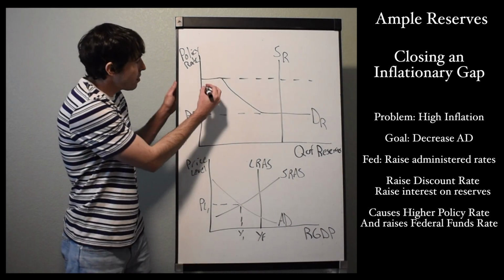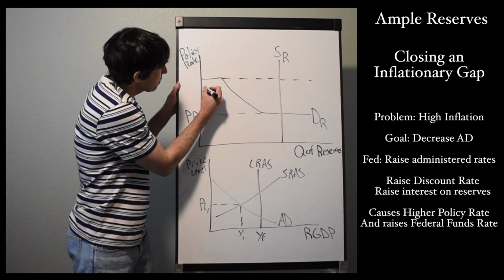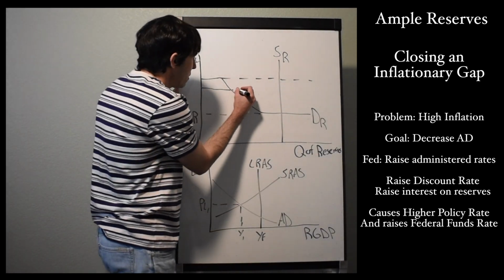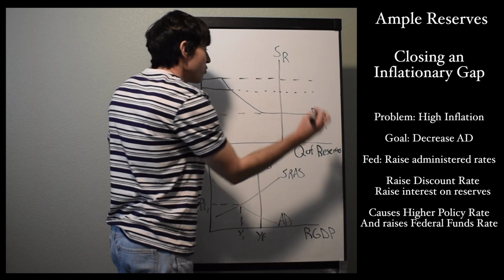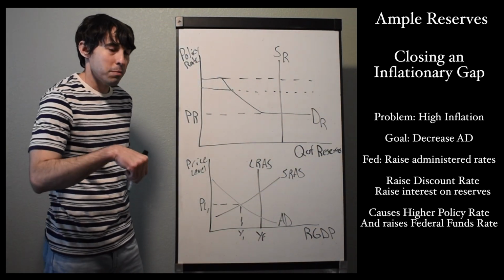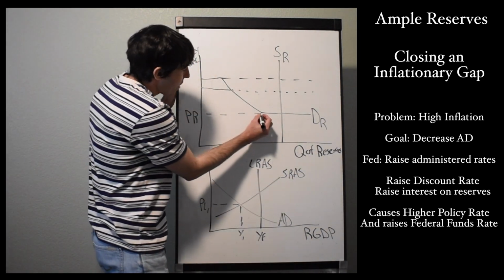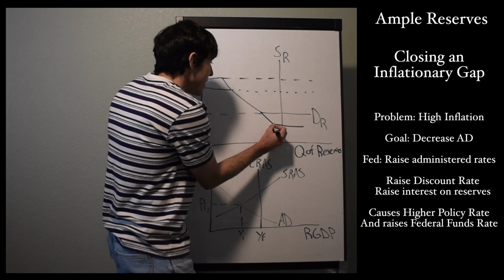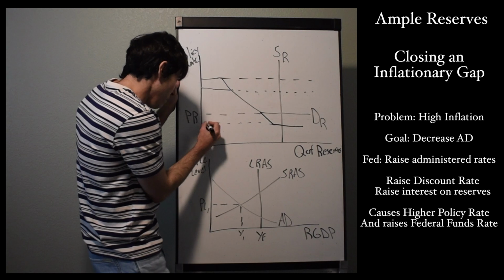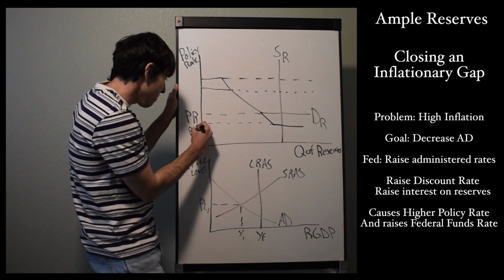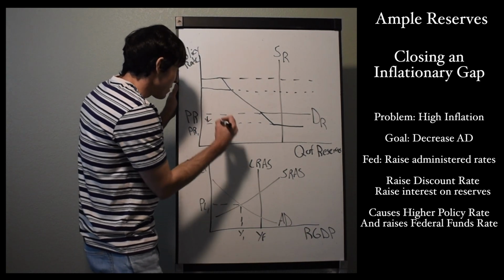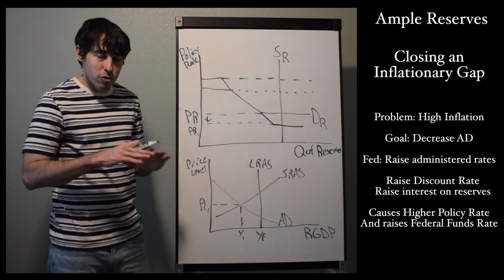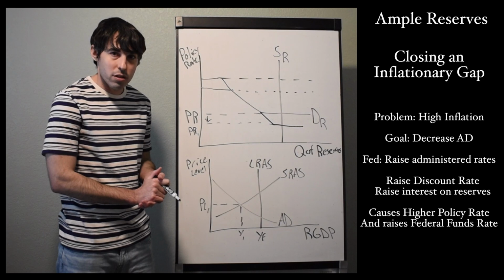Remember, those two rates are the discount rate. So at the top of the graph here, we're going to have a lower discount rate. And that's the interest rate that the Federal Reserve charges banks to borrow money from the Fed. And then we're also going to lower our interest on reserves balances and make it where banks will get paid less to leave their money in an account at the Federal Reserve. So this lower interest on reserves balance, this is their big one. This is the one that they changed,